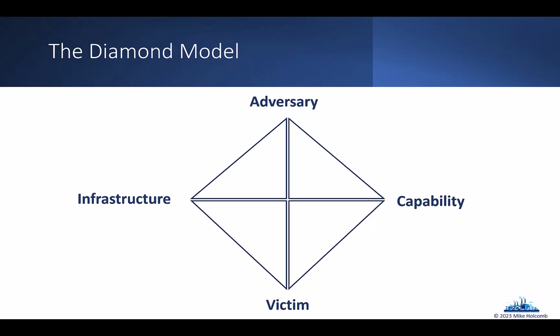Now, the diamond model is one way where we can start to build out this idea of understanding not only an adversary, but that additional context that I was talking about earlier. So, even if it's just a news story we hear about in the New York Times or Wall Street Journal, how do we know it applies to our environment? So, the diamond model, let's just say at a high level, right? We can take a story of what's happened in an incident, right? We can understand the adversary